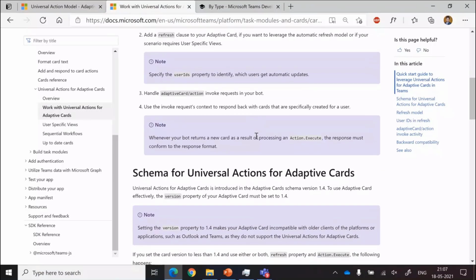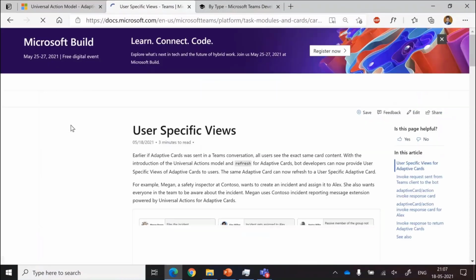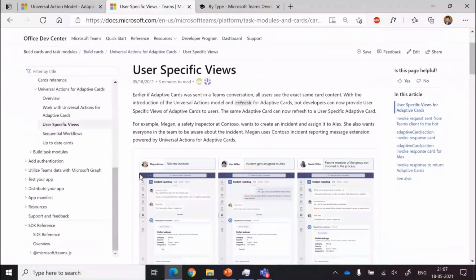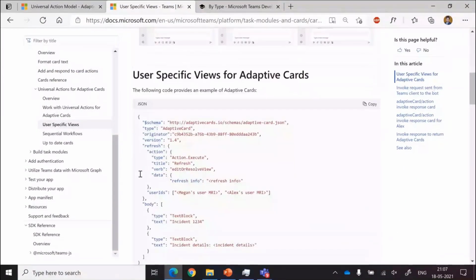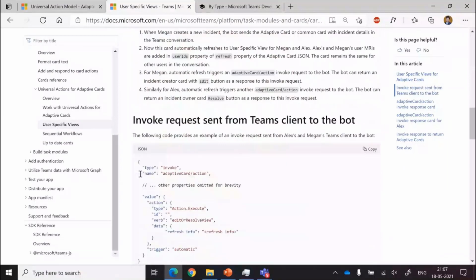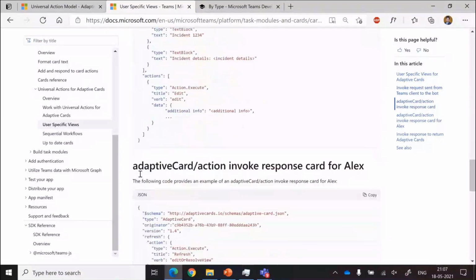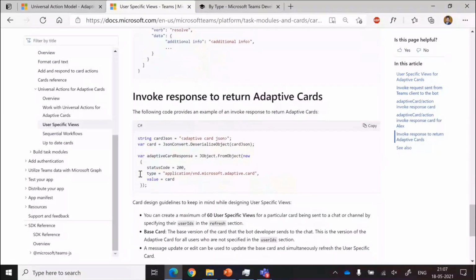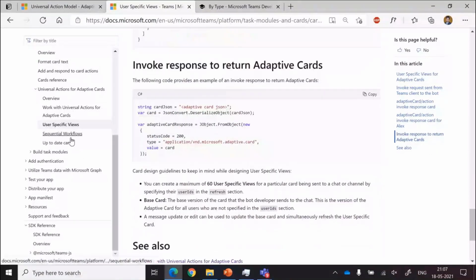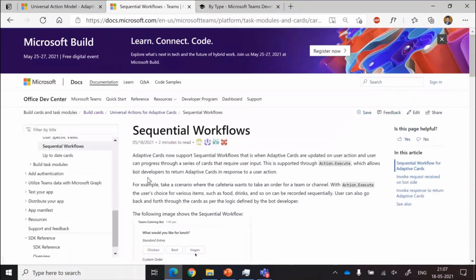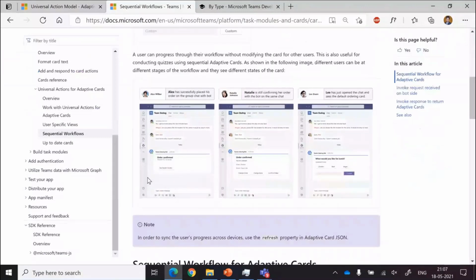And like I said, action.execute has the option to send back adaptive cards as a response to an action, so that's something you can leverage as well. The different sections in the documentation cover how to enable this. There are code samples on how you can quickly get started, and what the response formats are. Everything is present here in the documentation. I would request everyone to go through these and shoot us any questions.